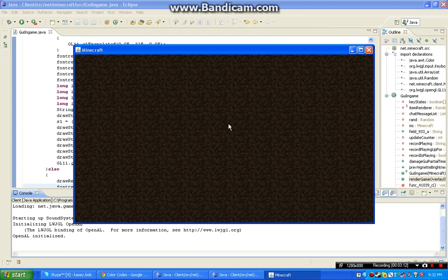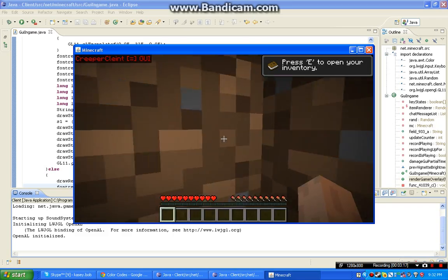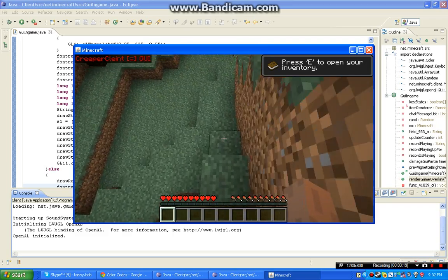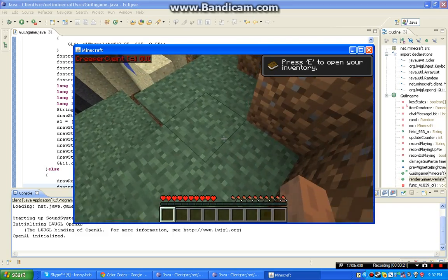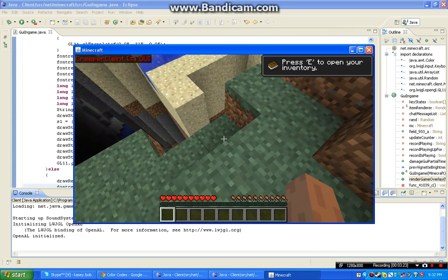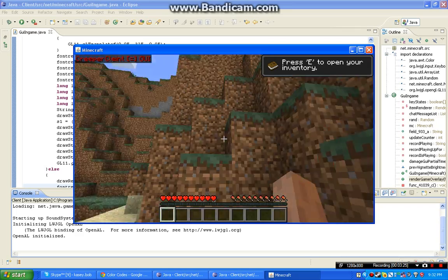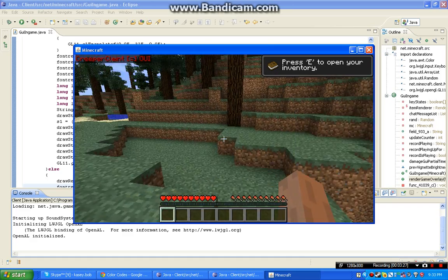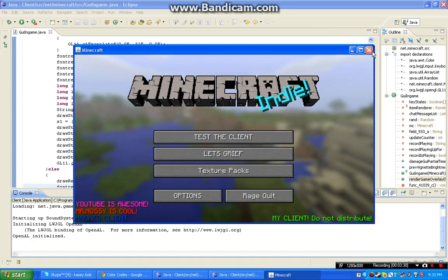So let's test the client. And yeah, see, it pops up in the back, and you see that there's a little blackish tan thing in the background. You can see through it a little bit, but it's a little bit darker. You see that? That is what I was talking about. So let's exit out of it, and we're going to